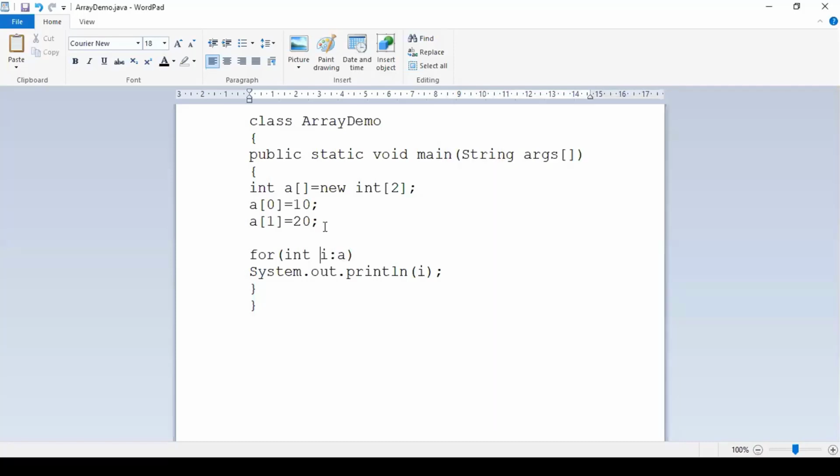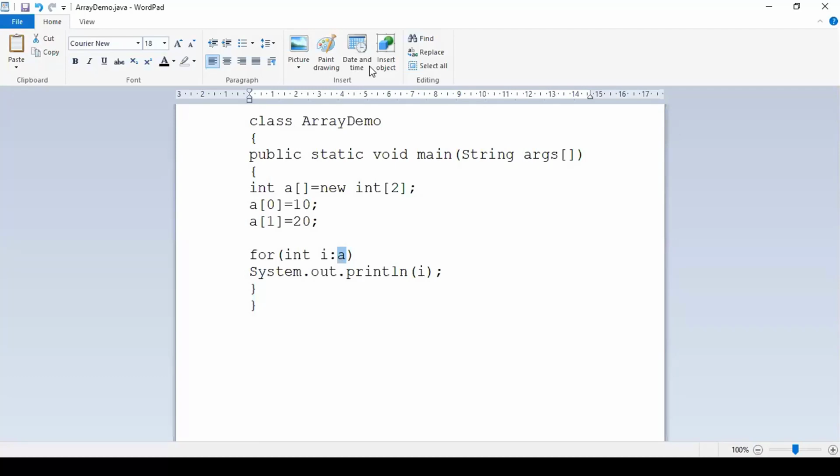That means if you have any normal variable like int x is equal to 10, here you cannot specify that kind of normal variable. It will show you an error saying that here it is expected to be a group of elements itself. If you want to give one condition, then what kind of condition? You can give a condition based on an element.